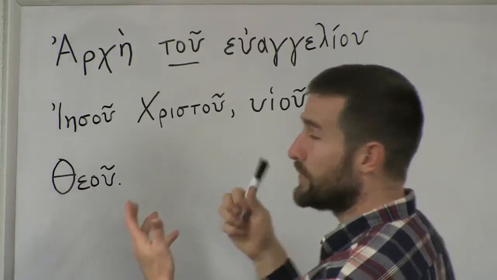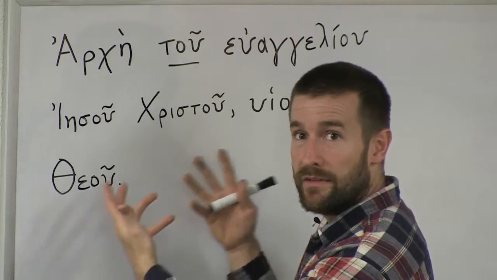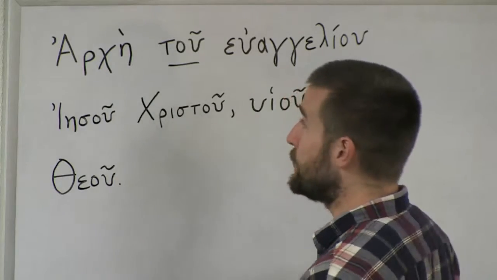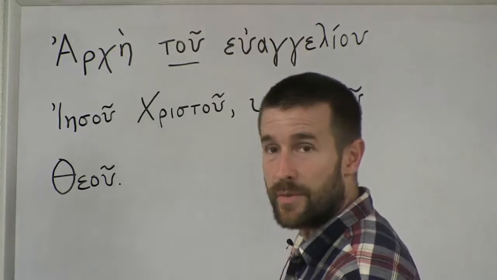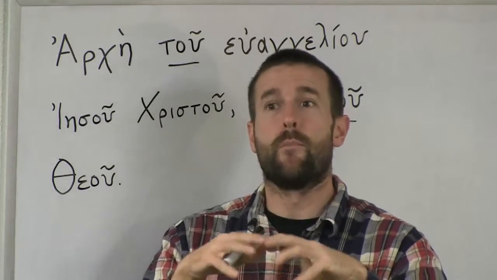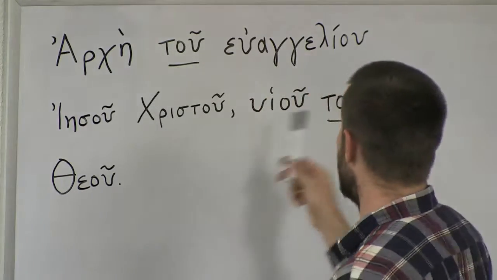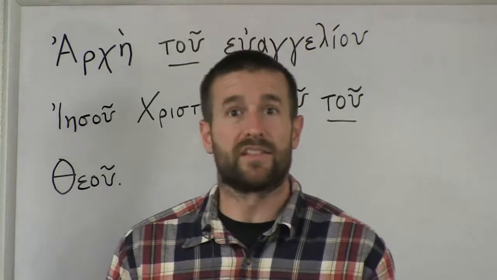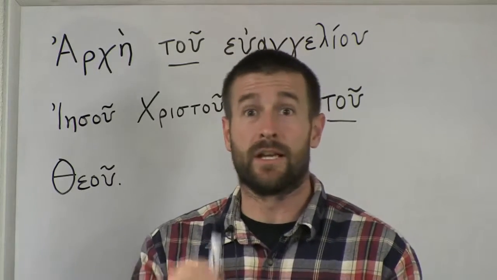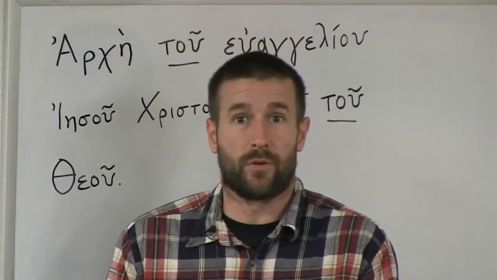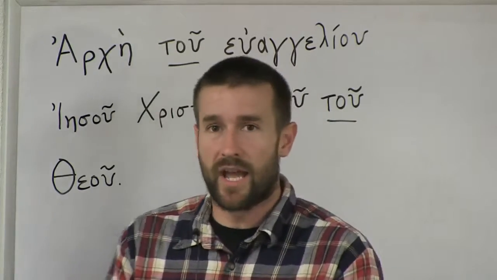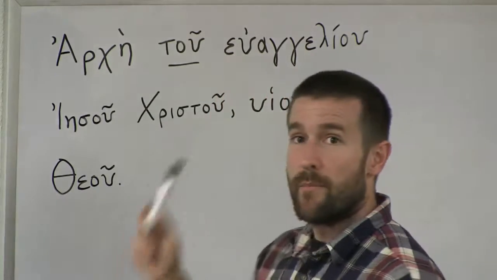Well, you don't use the word of in this Greek verse. Instead, you just put it in the genitive case, and then you know it's of because it's in the genitive. Because the genitive case is one that shows possession. The Son of God. What's another way of saying the Son of God? We could use the possessive, God's Son. What's another way of saying the beginning of the gospel? The gospel's beginning. So this is one that shows possession.